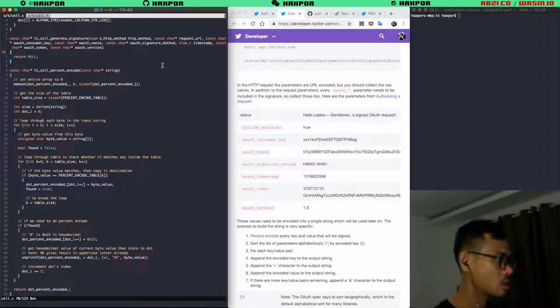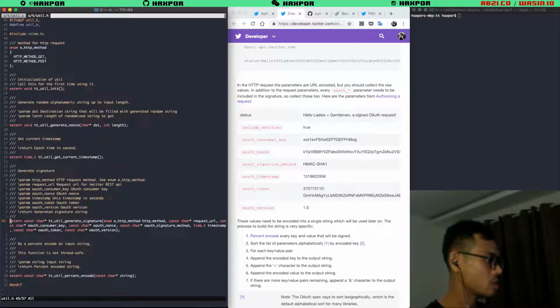I'm going to change the function signature a little bit to be more suitable and focus on the update function. So the util generate signature for the update API.